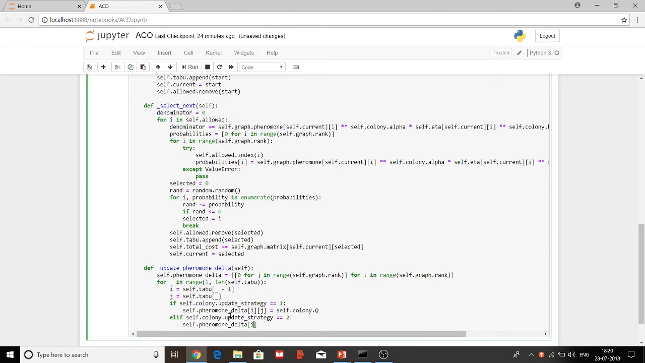So if strategy equal to 2, then self.pheromone_delta_ij equal to self.colony.Q. Elif self.colony.update_strategy equal to 2,